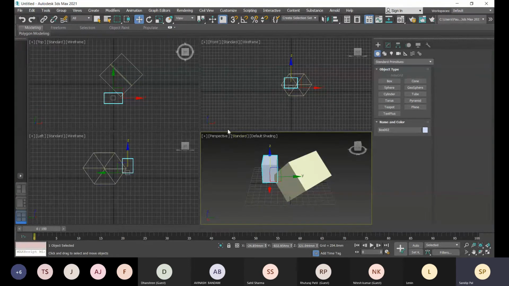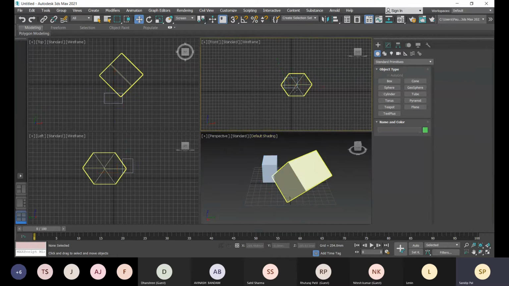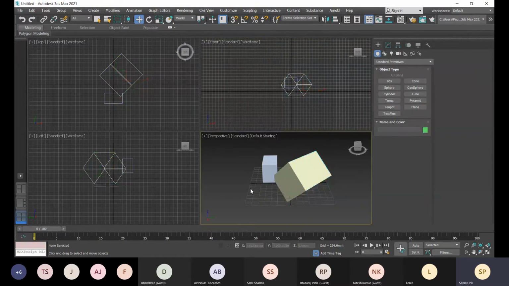This is the current active viewport, and if you click on it as the active viewport, the Z will point towards the viewer through that active viewport. And if you choose world, it will set according to the world coordinate system.